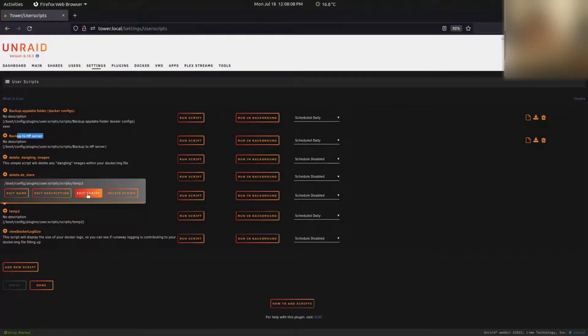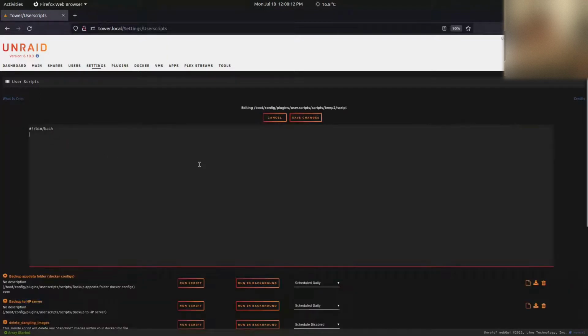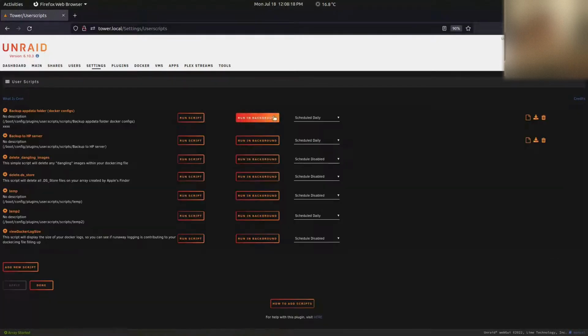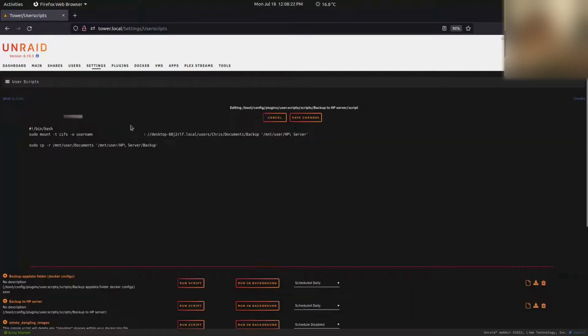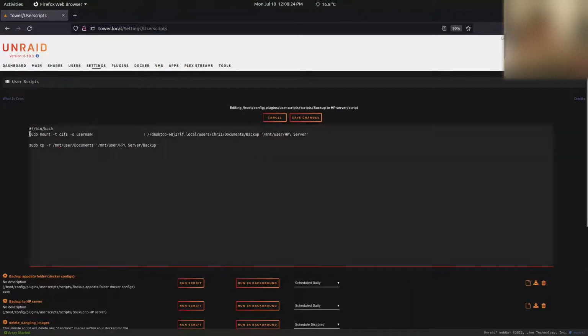describing what you're backing up and where you're sending it to if you want to, but the edit script button is the main point here. And this is where you're going to be sending your code. Now I already have an example of this right here. Edit script. So you can see I've got here sudo mount -t